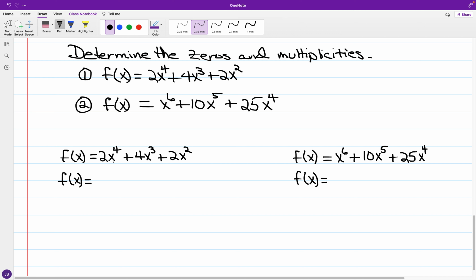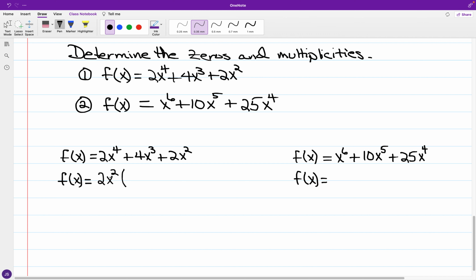Looking at transitioning from this expanded form to its factored form, with these three terms we have even valued numerical coefficients throughout, and all these terms are variable expressions in x. It turns out that the last term in the trio is the greatest common factor. So if we factor 2x squared,